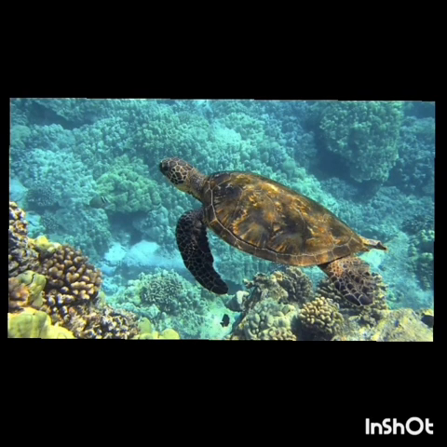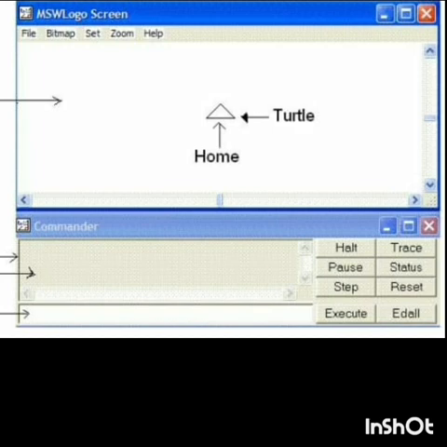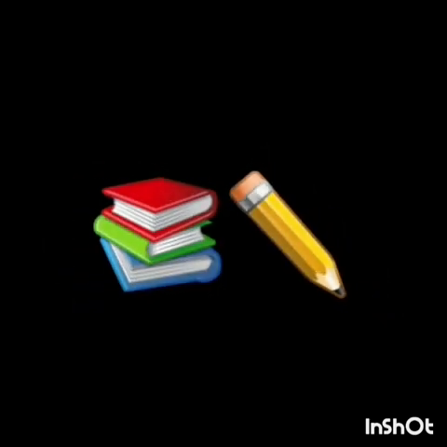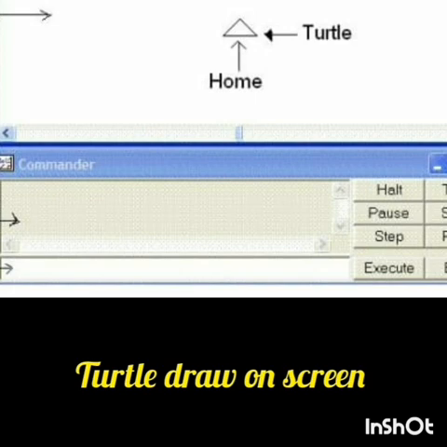Children, you must have seen a turtle that lives in the sea. Now I am going to tell you about another turtle, the Logo turtle. As you give a command instruction, a small triangle called the turtle moves on the screen. The instructions are called primitives. Just the way you use a pencil to draw in your notebook, Logo uses this turtle to draw on the screen. The turtle.